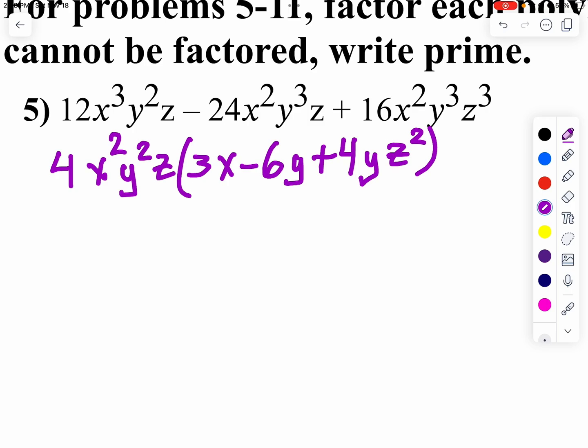Now, can I factor what's left over? No, because this isn't a squared. There's nothing the same there, so I can't factor that. Now, let's take a look at